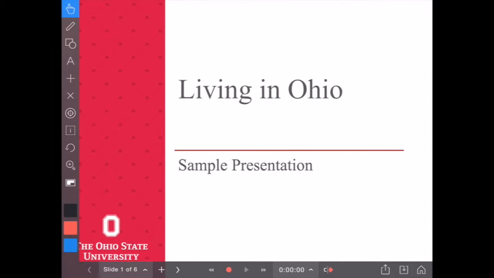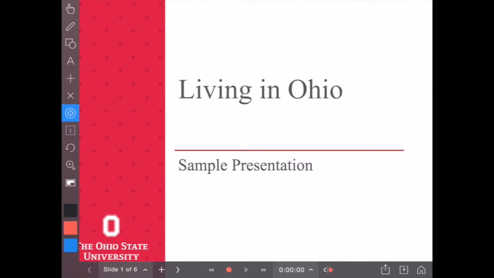Here I've loaded a presentation into Explain Everything. On the left I have my menu that helps me navigate, draw, put shapes, add text, amongst other things on the side, as well as change what color my pen is going to be. I also really like the laser pointer tool, which allows you to point out things as you're talking about them. It's very fun here, but not as much fun as they are with pets in real life, but still a great tool to have in Explain Everything.